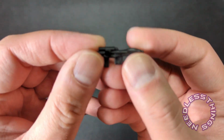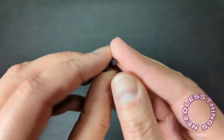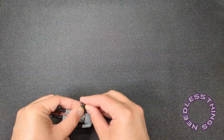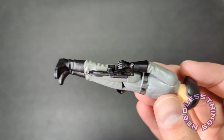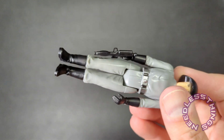And then finally, he's got sort of the standard Imperial blaster that we had back in the day. Shared by so many figures in this line. And hopefully, he can hold it. Oh, perfect. Perfect. So I recently finally opened up that first wave of retro Star Wars figures that came out,